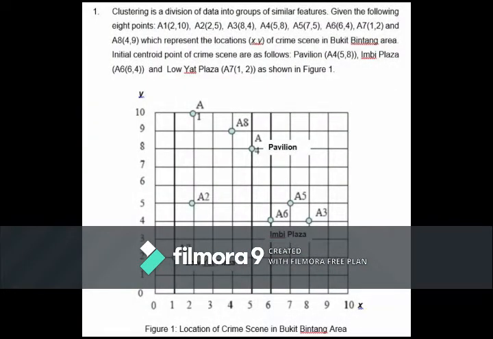Okay, first question. Clustering is the division of data into groups of similar features. Given the following 8 points, A1, A2, A3, A4, A5, A6, A7, and A8, which represent the location XY of crime scene in Bukit Bintang area. Initial centroid point of crime scene are as follows: Pavilion, A4, Imbi Plaza, A6, and Loyat Plaza, A7 are shown